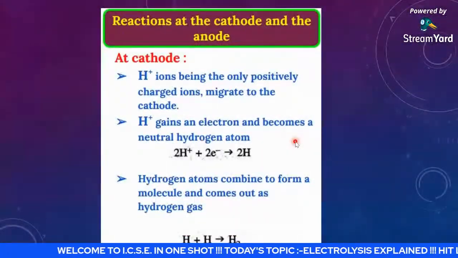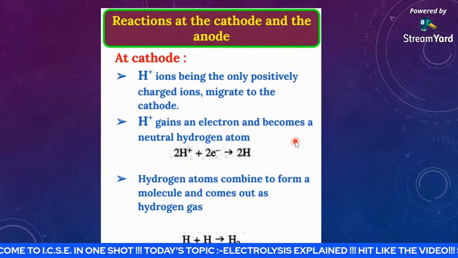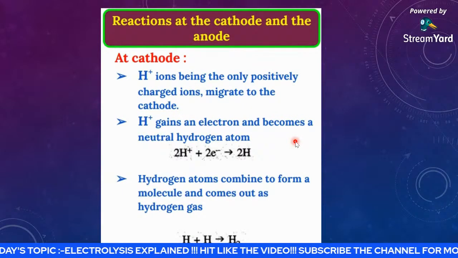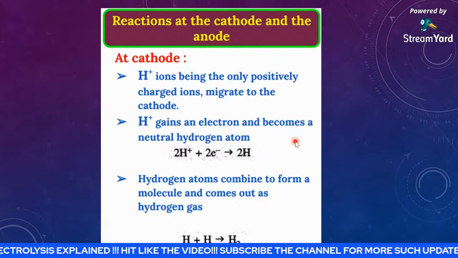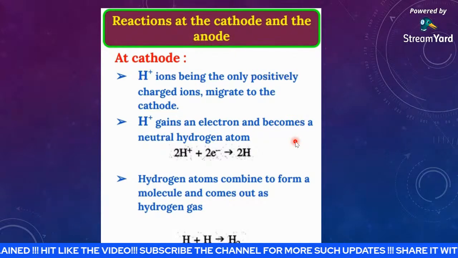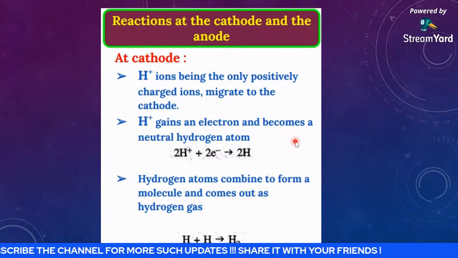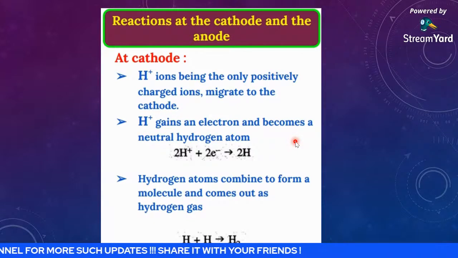Reactions which happen at cathode and anode respectively: at the cathode you see H+ ions migrate towards the cathode. They gain electrons to become 2H, which finally combine to form the molecule which comes